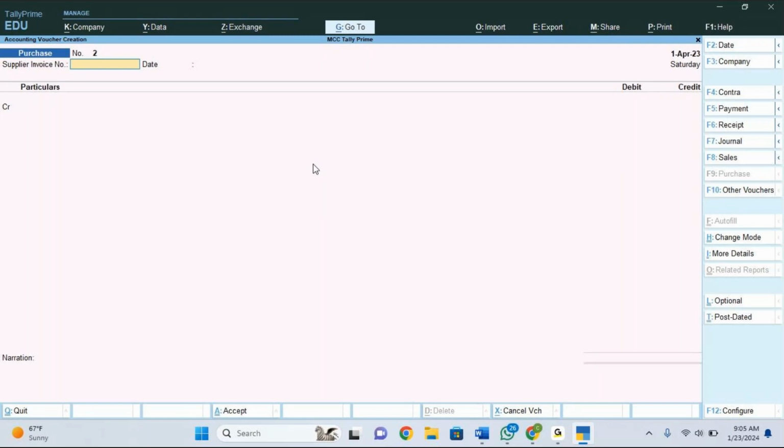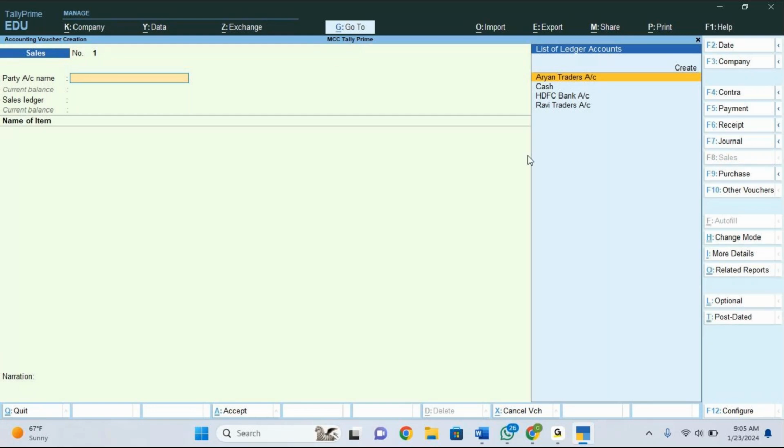Okay, so right now I'm in my purchase voucher. As you can see here, it's mentioned on the top left. So I will just select the sales one here. Can you see, right? Sales voucher, the shortcut key is F8. So I'll press on this sales. So this is the sales voucher. Again, by default, it will open in the item invoice mode. Okay, even sales voucher can be recorded in